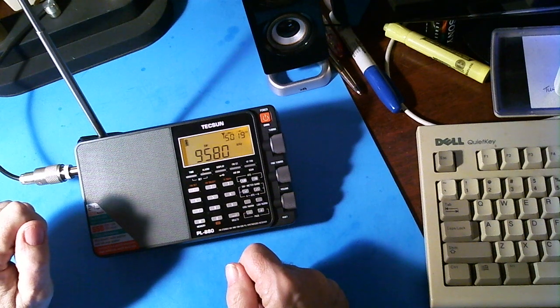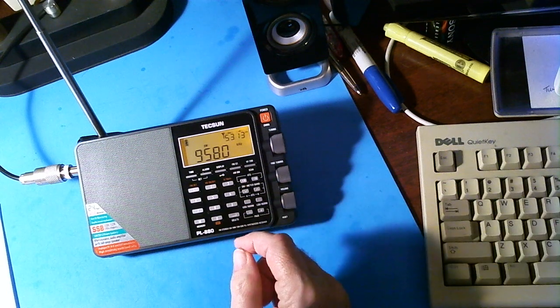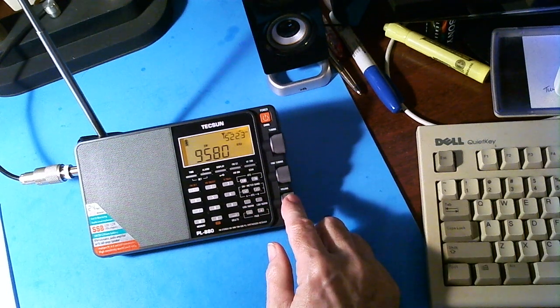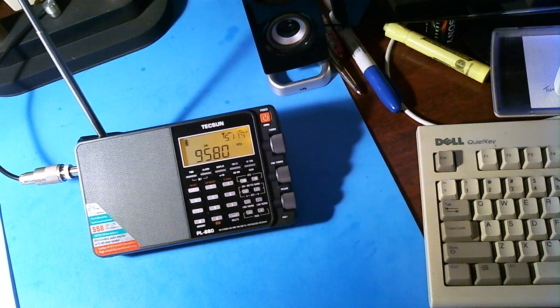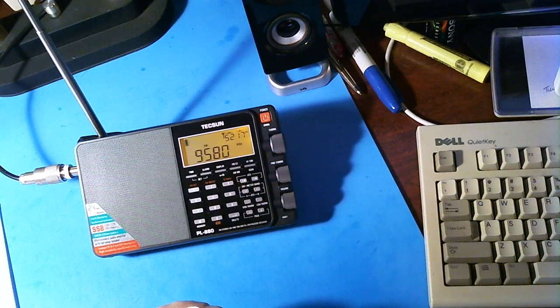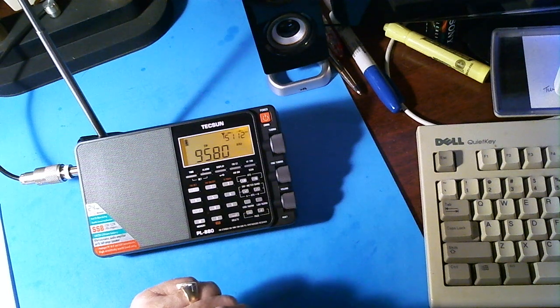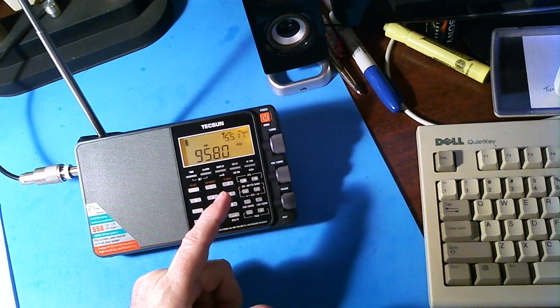And one problem, I'll let you listen for a second. I don't know if you detected it, but one of the problems I'm having is there's another station that's coming in, and it's pretty strong. It's not as strong as Radio Australia, and if I go look up that frequency, I've got a couple of stations that are nearby that frequency. Matter of fact, there's several at 9.579. And there's one at